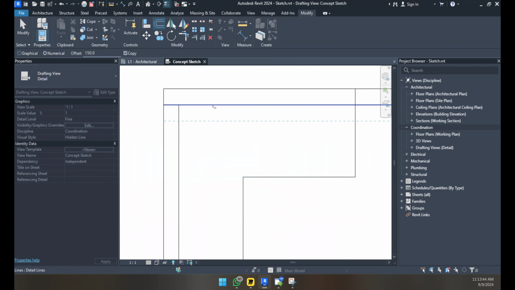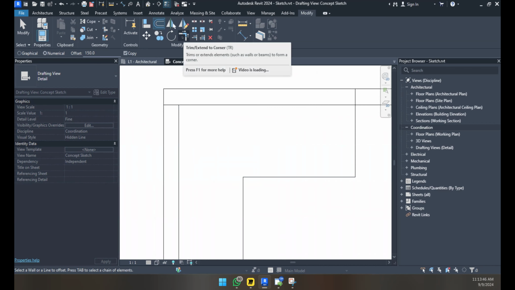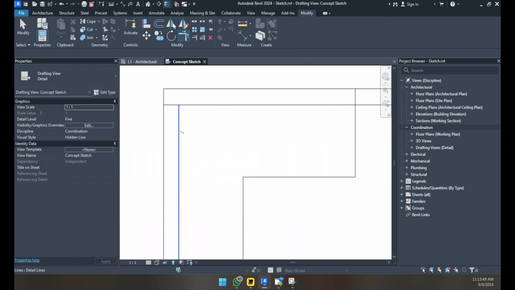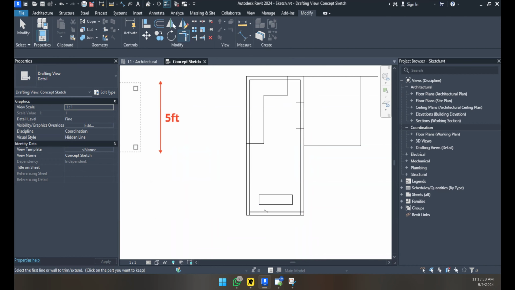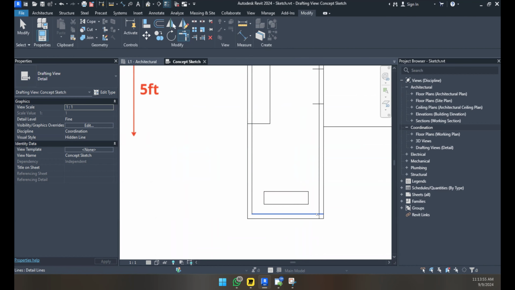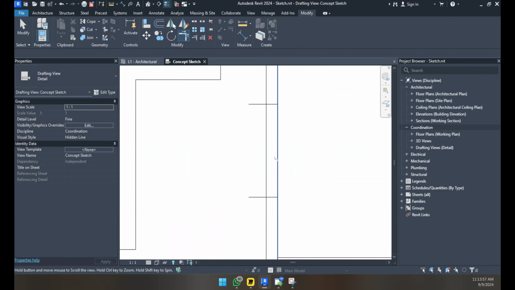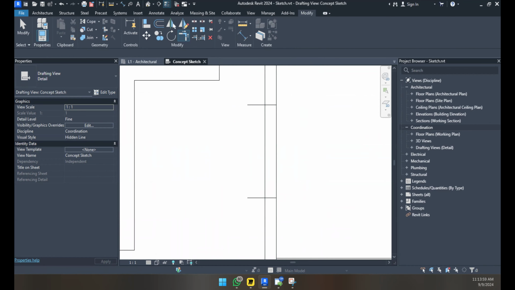So anyway, now you want to close these up. So you want to use your trim extend tool, and I'm going to click here, and I just click this and that and this and that, and I'm going to do this and that and that and this. All right, now I want to trim in here. I'm going to choose the,